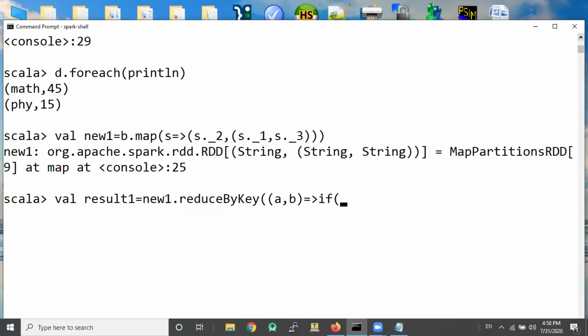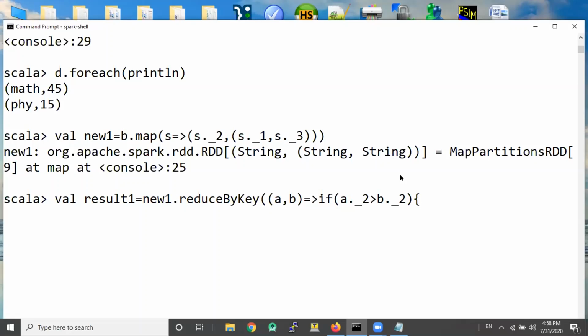So if A dot underscore 2, because that's the second element of the tuple. So this, can you see, this is the second element of the tuple. So if A dot underscore 2 is greater than B dot underscore 2, okay, what do we return? We will have to return the tuple whose marks is larger.